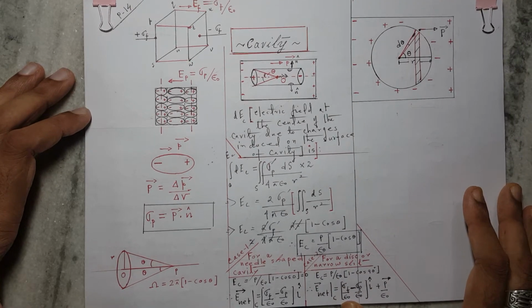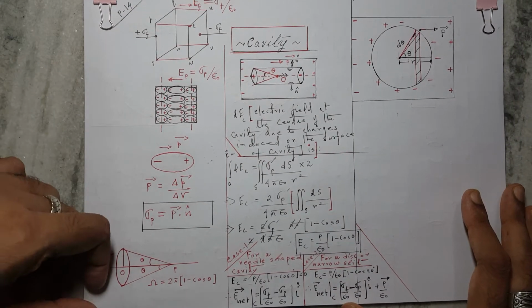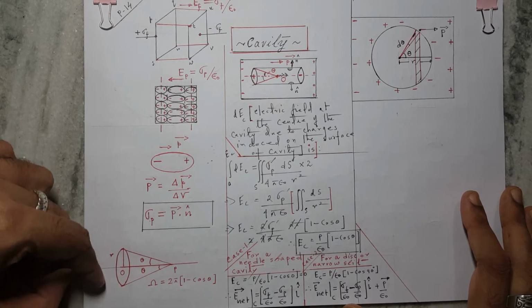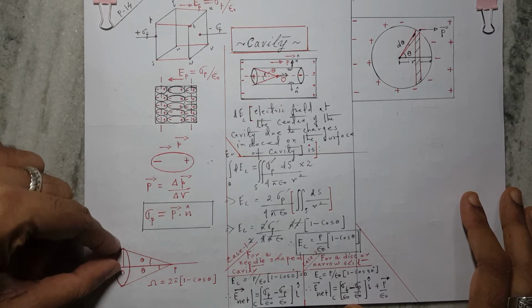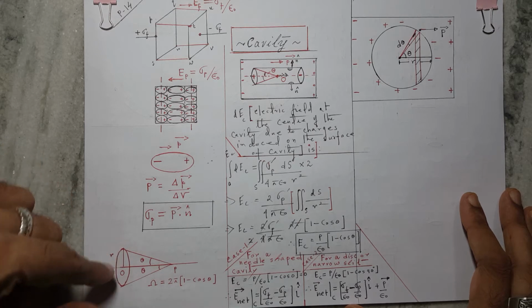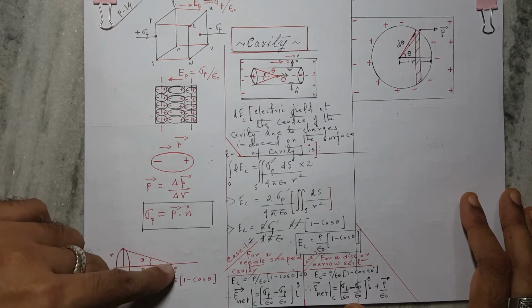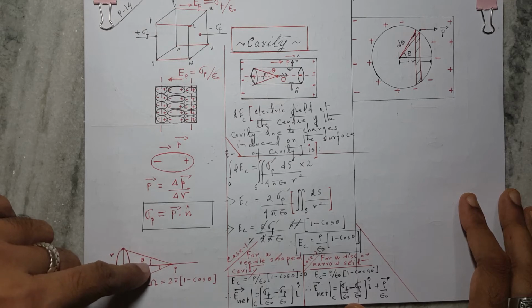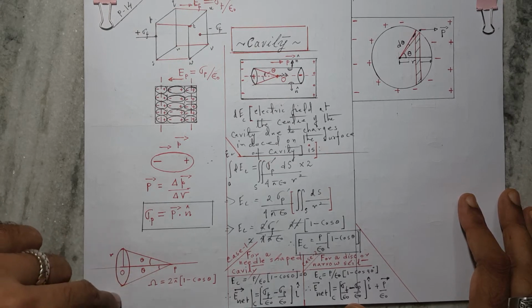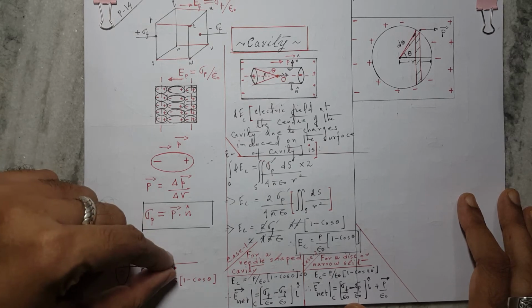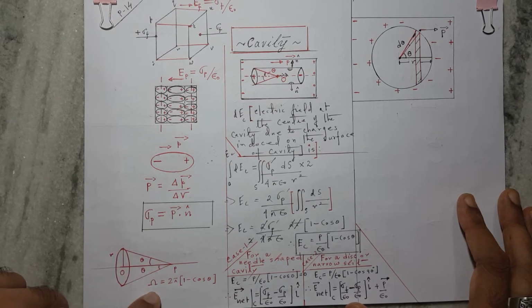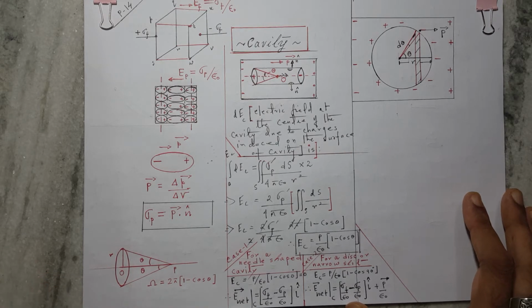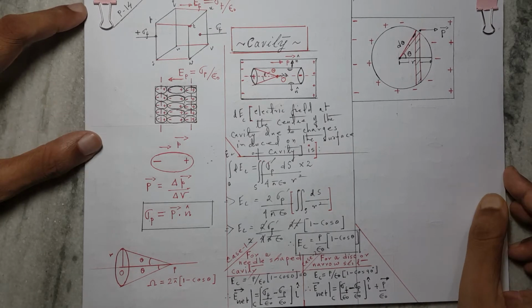Next thing, it's a mathematical tool. I hope you know that if you have a circular ring of radius r, the solid angle which it subtends at an axial point P, which subtends some angle theta with its edges, is 2 pi into 1 minus cos theta. Another very important concept that we need to know.